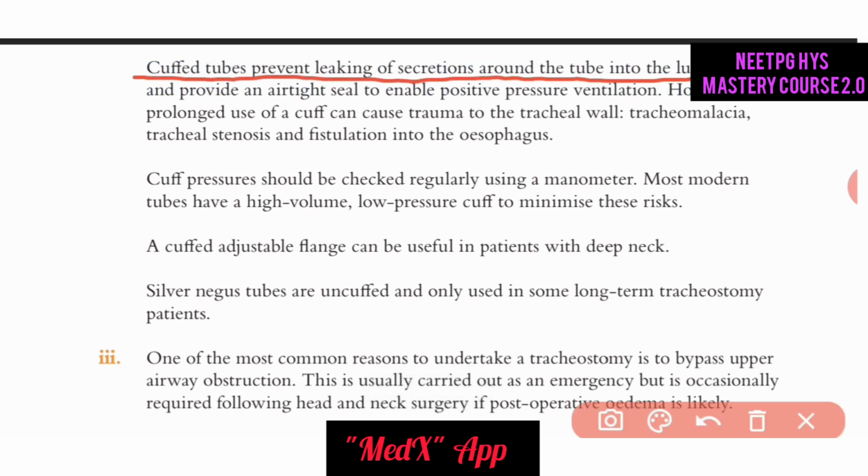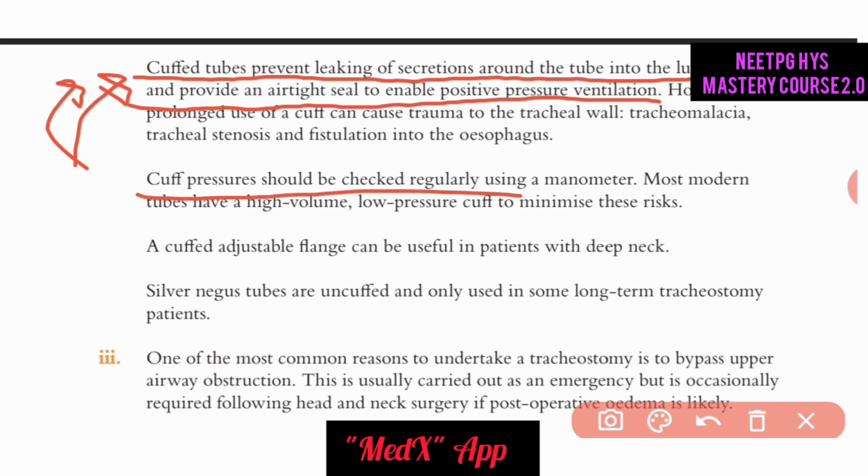So if in any case you have suspicion of aspiration, like in neurological disorders or in road traffic accident where there is a spinal cord injury, or in CVA where there is risk of aspiration, you can provide this cuffed tube. During oral cavity operations like tonsillectomy and others, you have to provide this cuffed tube. Why? Because it will prevent aspiration of blood into the larynx and the airway, right? And cuff pressure should be checked, because a long standing cuffed tracheostomy tube might cause injury to the lumen and other complications like stenosis and all, right?